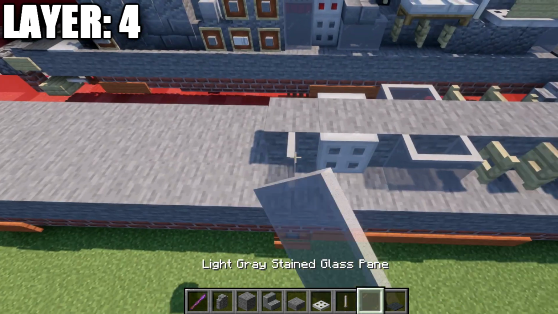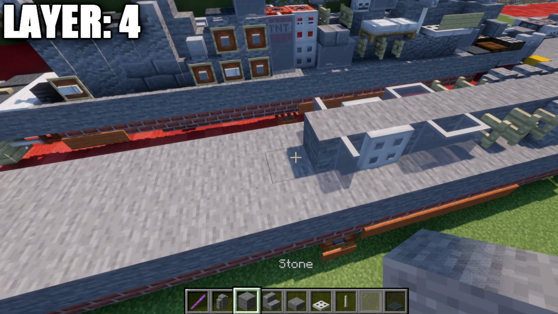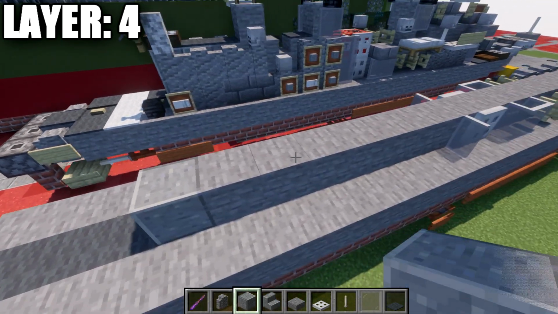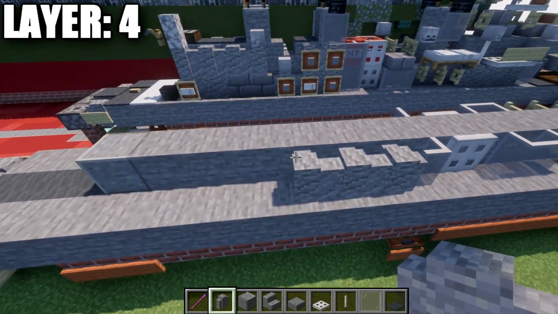We're going to then place down a light gray stained glass pane here to both sides like so. Then a row of 1, 2, 3, 4, 5, 6 stone blocks down the center, and then a polished andesite block here on the end. Now on the right side here, on the right side only, we're going to place down 1, 2, 3 andesite